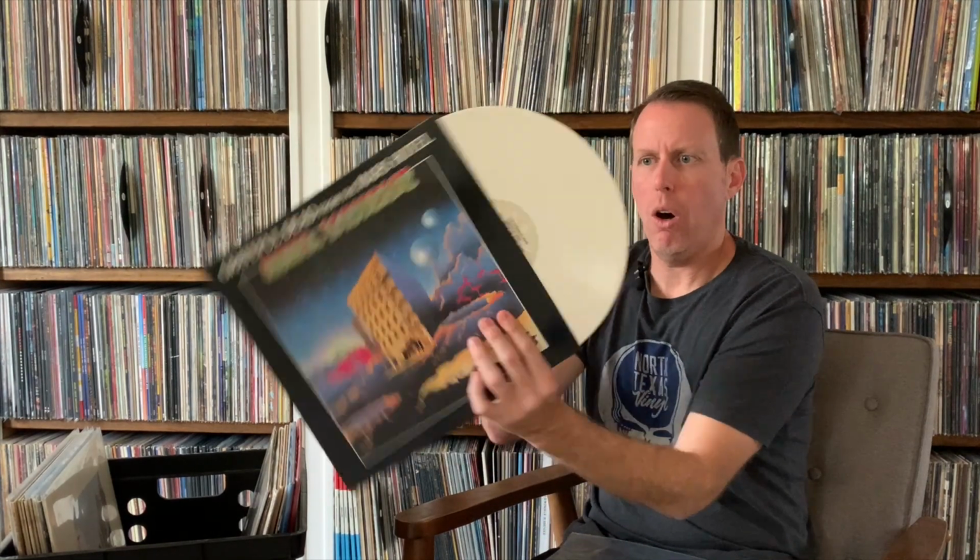How about some Grateful Dead? This is from the Mars Hotel. This is definitely one where I could feel the difference on the jacket right away. Again, thinner, glossier, and slicker. Those are kind of the telltale signs when you find something that's colored. This one is also on white vinyl and has a unique label. This is, I believe, a German or European pressing,